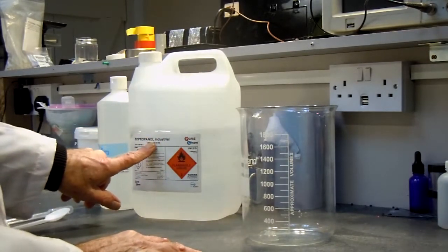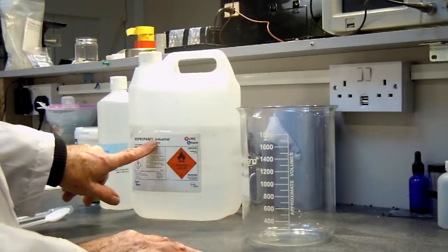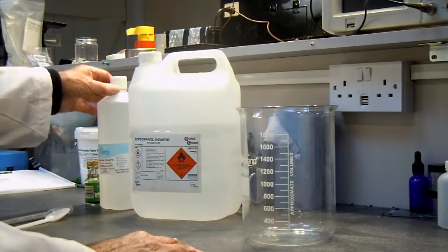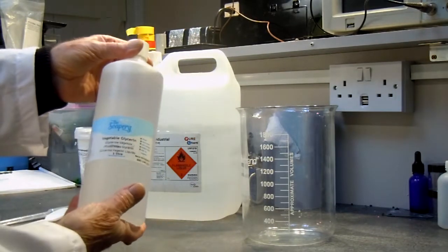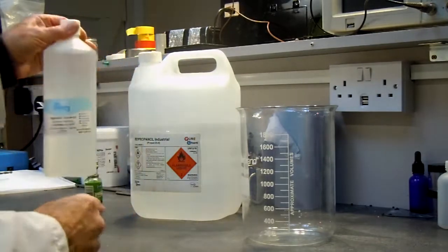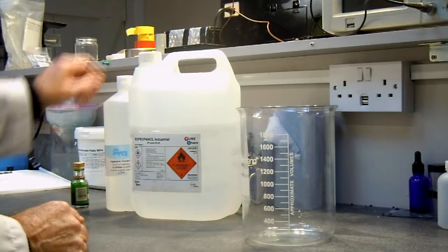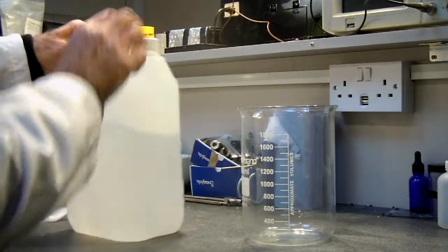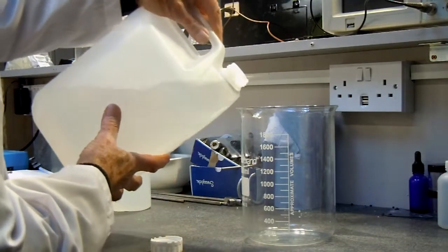This is around 97% isopropanol. The other 3% is probably water and a trace of a few other hydrocarbons, which won't really be detrimental. And this is vegetable glycerine. And this is food colouring, which is optional. But basically, all you do is take around